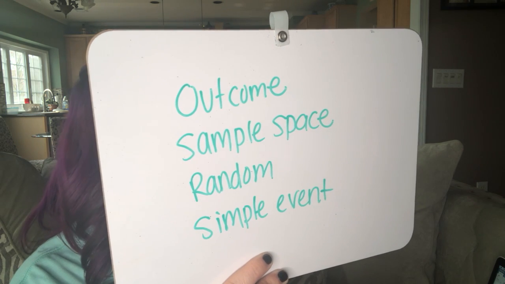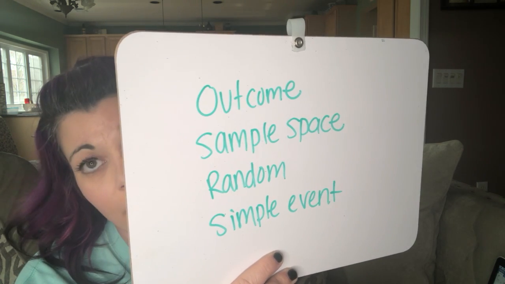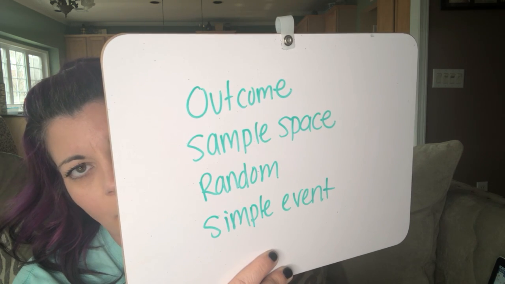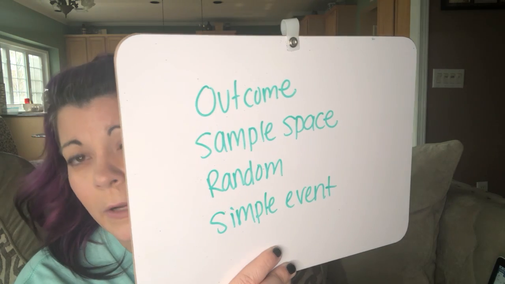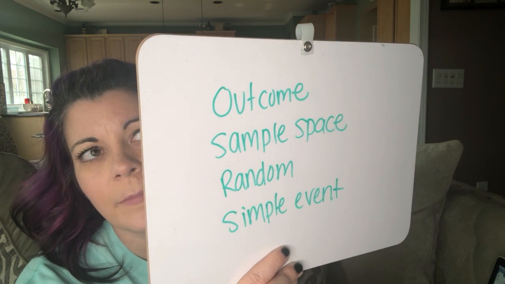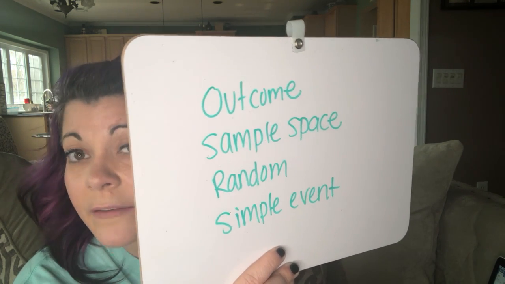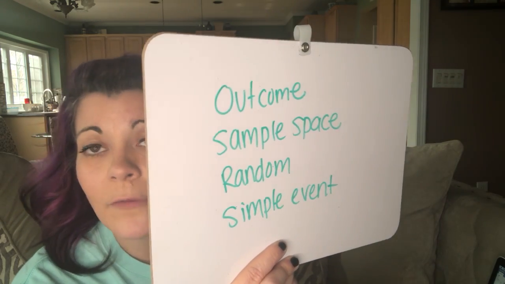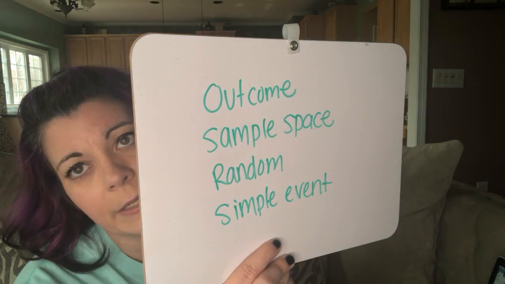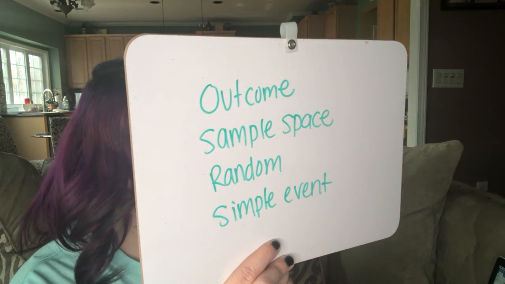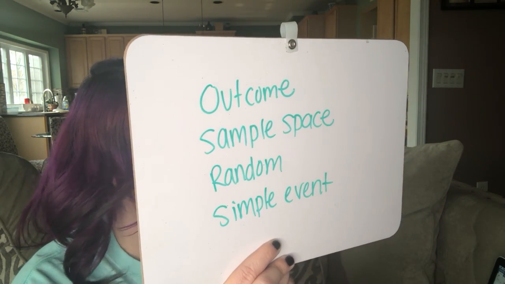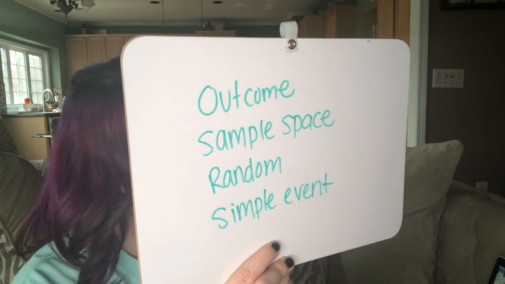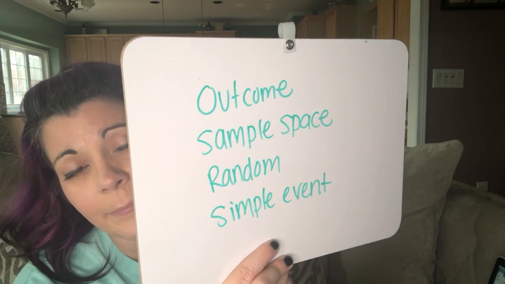Sample space is the list of all possible outcomes for the probability of an event. So when we flip 2 coins, the sample space would be heads tails, heads heads, tails tails, or tails heads. That would be all the possibilities that we could get. And then random means outcomes that occur at random if each outcome is equally likely to occur. And then simple event is a specific outcome or type of outcome,